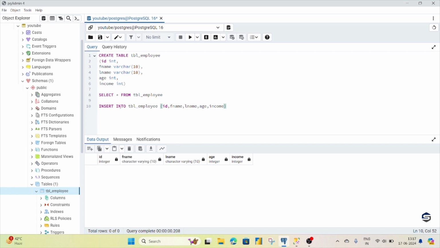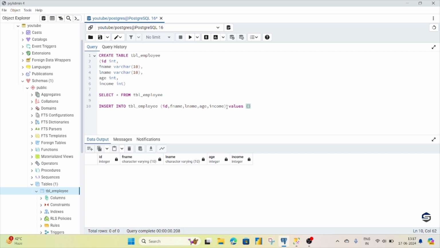Here we are going to insert into this table under these column names. But what are we going to insert? We are going to insert values, and under the round brackets we define the values of all the 5 columns